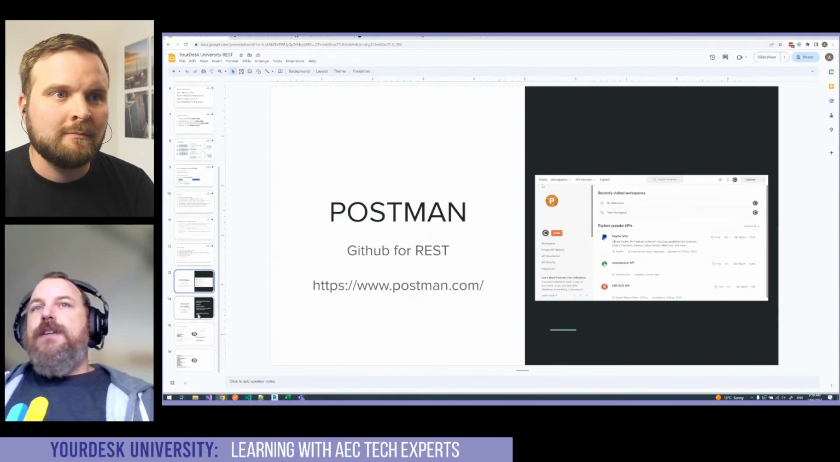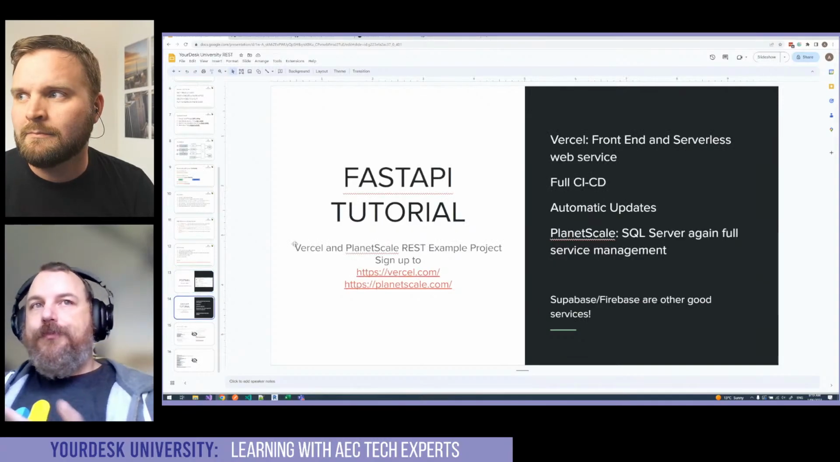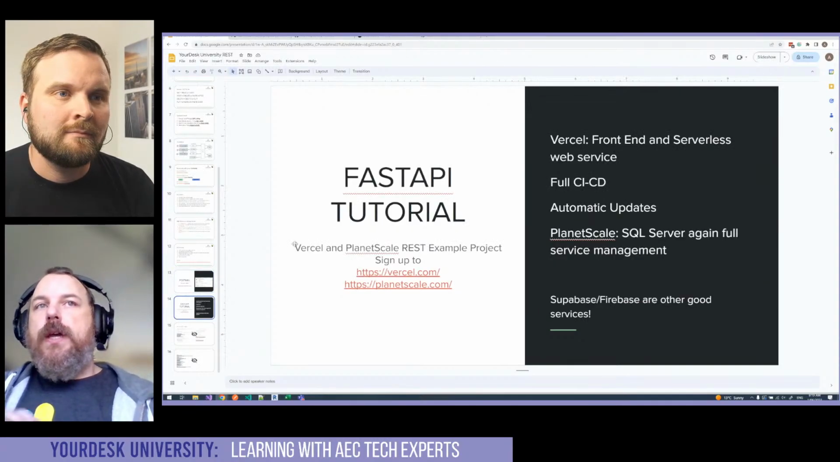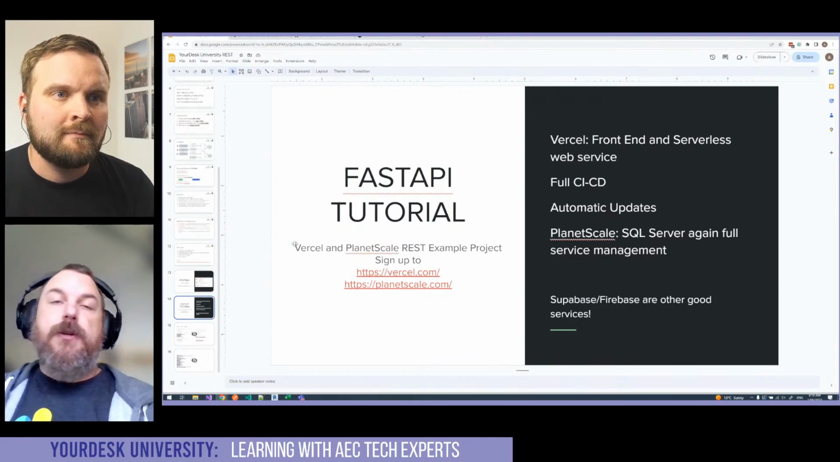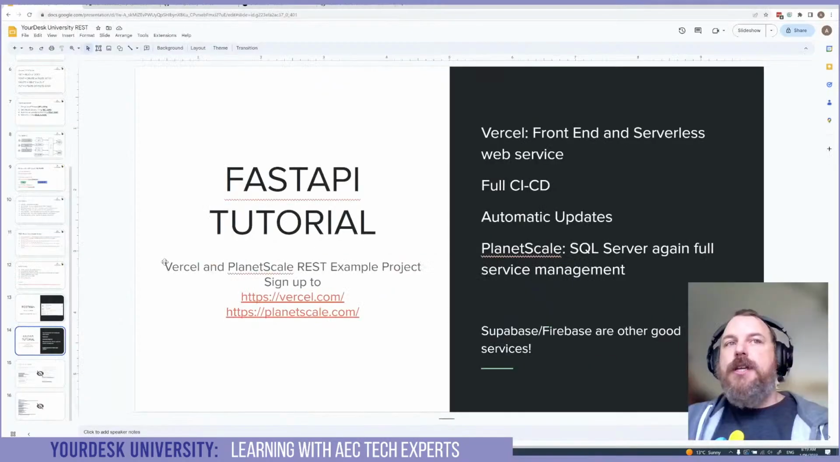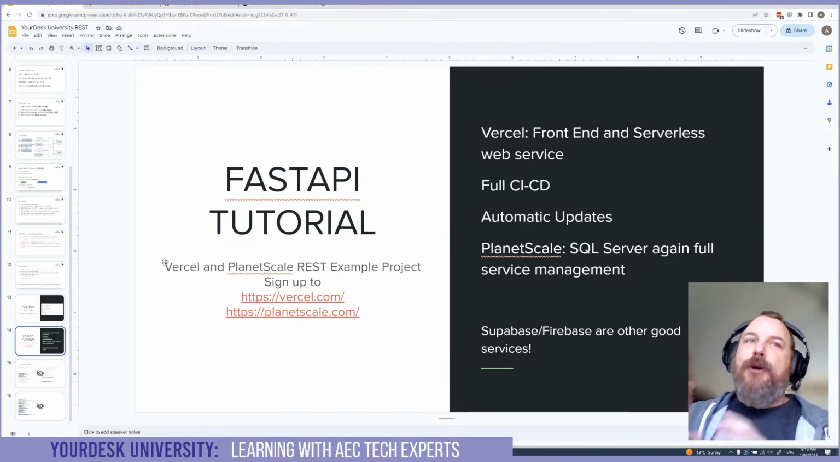All right, so delving into the details. What we're going to do is use FastAPI, which is a Python REST service designed to be extremely lean in creating REST services. I'm going to build that locally on our machine. Once we get that working locally, which hopefully doesn't take too long, we are then going to post it to